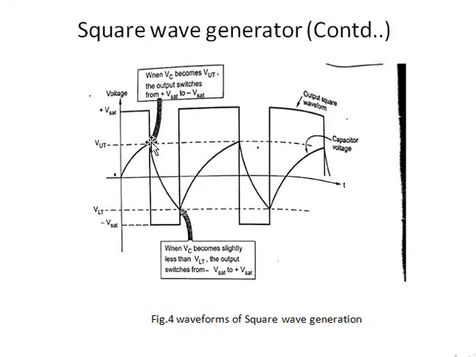See here, when this capacitor voltage decreases and becomes equal to the lower threshold value or slightly less than this lower threshold value, the output gets switched back to its positive V saturation. Okay. Now from this onwards, the process repeats. That is, the capacitor starts charging again, and this cycle repeats. As a result, we will get an output voltage which will switch between two stable states, that is positive V saturation and negative V saturation, and the shape is that of a square wave. Okay, so this is the manner in which we produce a square wave.